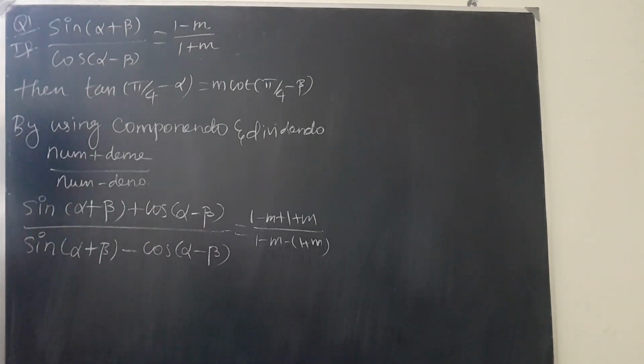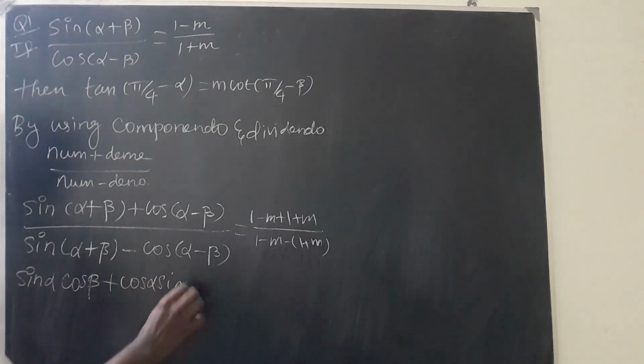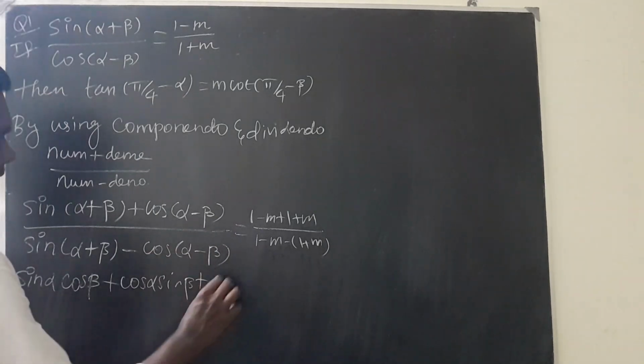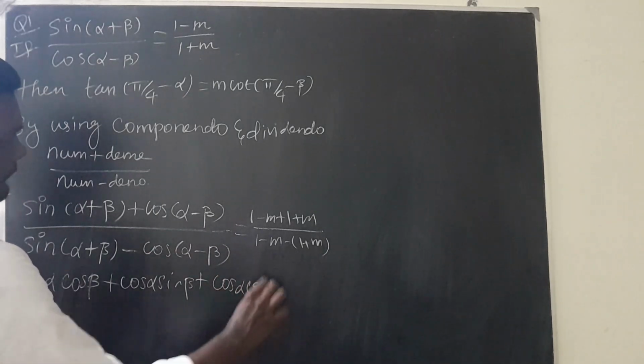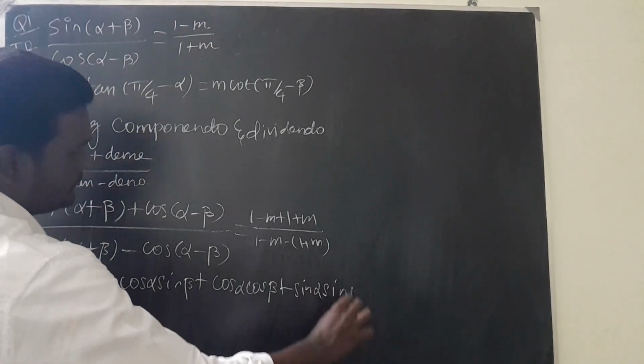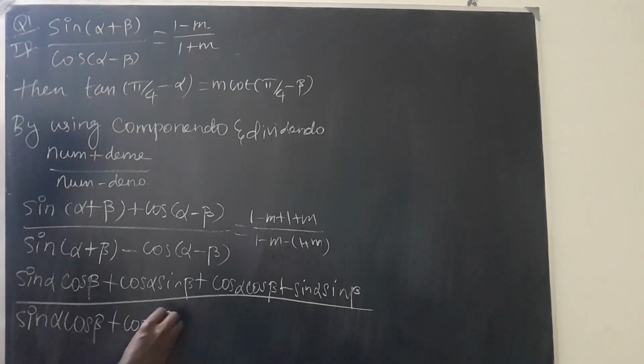Now here simply this is sin C plus cos D. We don't have any formula, better we'll apply the expansion formula. So now here what we can apply? Sin alpha cos beta plus cos alpha sin beta, plus cos(alpha minus beta) formula is what? Plus, whole divided by the same sin alpha cos beta plus cos alpha sin beta